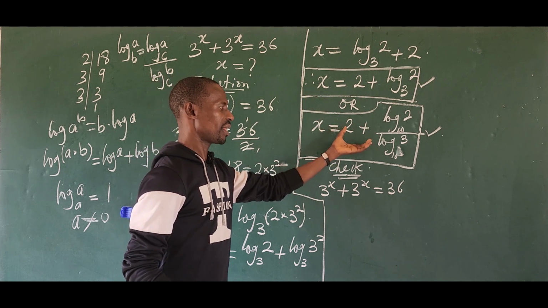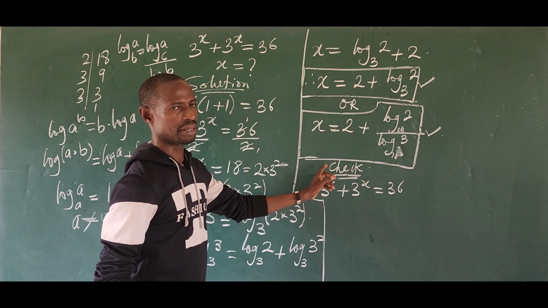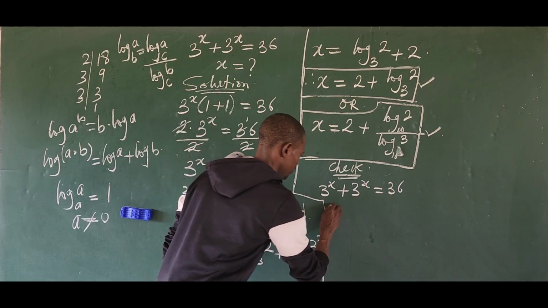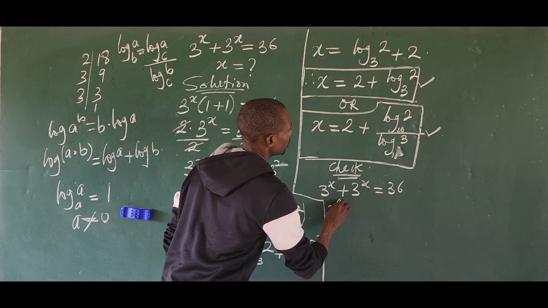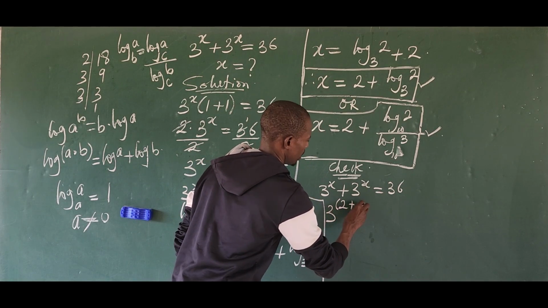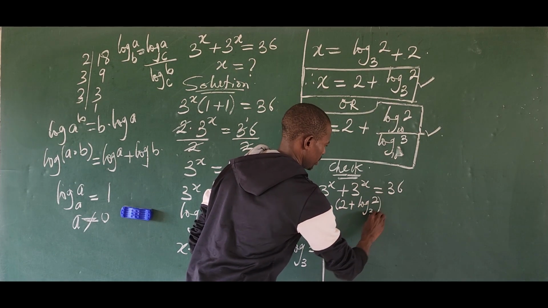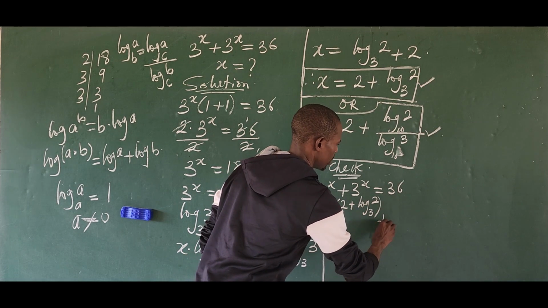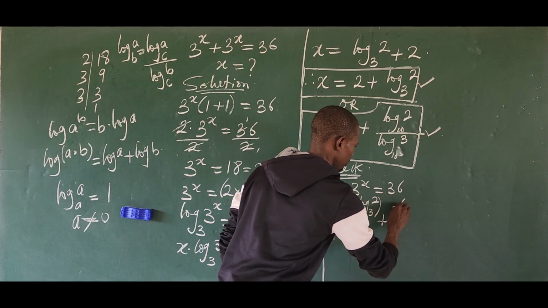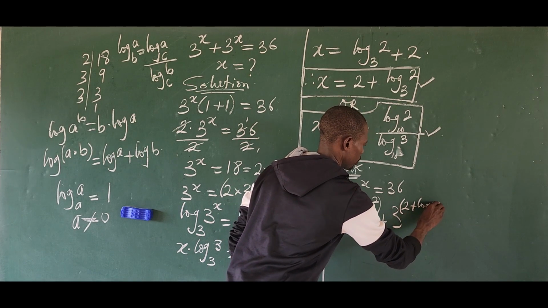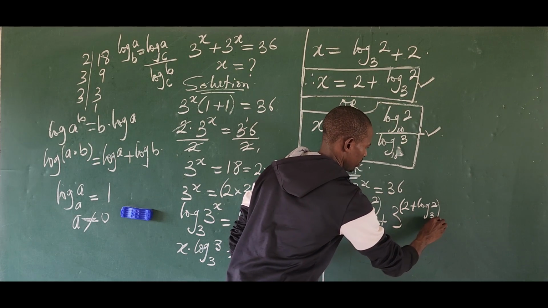This is going to give us 3 into the bracket 2 plus the log of 2 base 3, close bracket, then plus 3 into the bracket 2 plus the log of 2 base 3, close bracket,